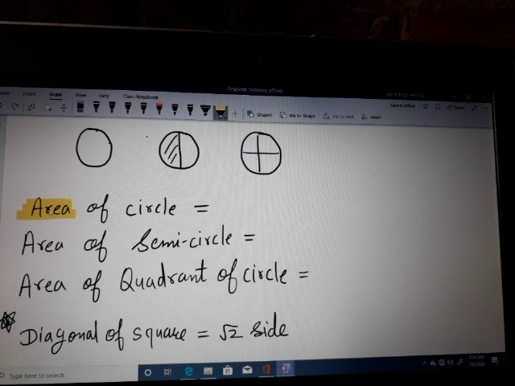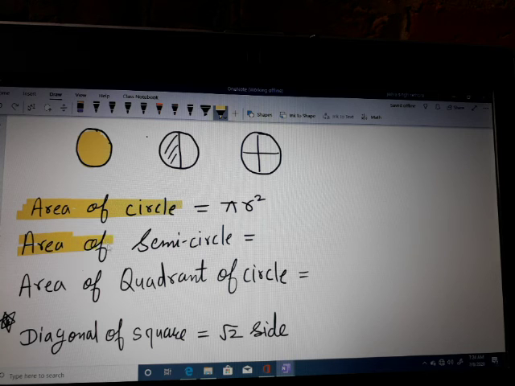Again I will explain, this is the circle. What is the area? Area is the inside region. What is the area of this circle? All the inside part of this circle, this whole interior region of this circle, is known as the area of the circle. The area of the circle is given by the formula you already know, pi r square, where r is the radius of the circle and pi equals 22/7. This is the constant.